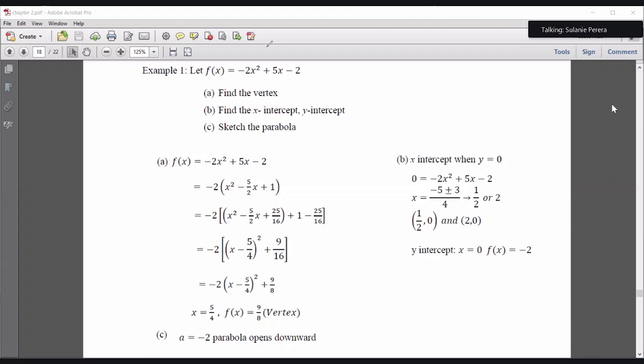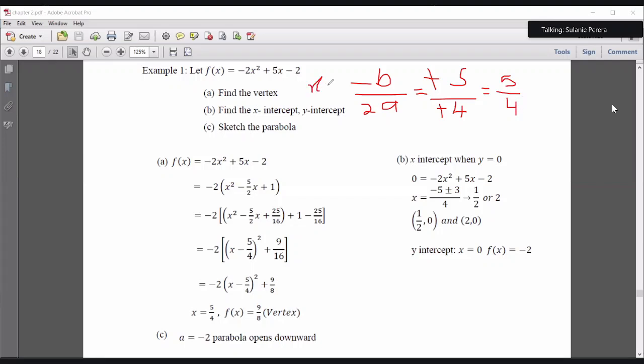7B. Yes, madam. Can you tell me now what do we need to do in order to find the vertex? First, we have to use the formula minus b over 2a. Very good. So what is minus b then? Minus 5. Okay, divided by 2 multiplied by minus 2, which is minus 4. Very good. This will cancel. So the answer is 5 over 4. So that is the x coordinate, no?